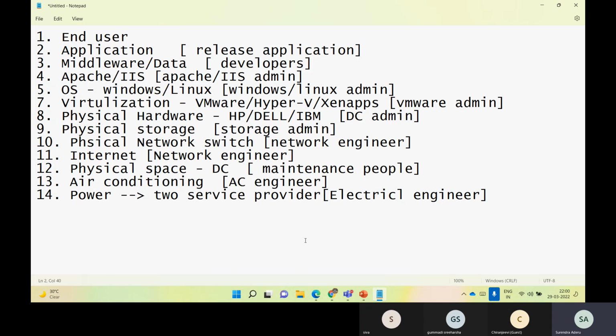This is the very basic things you need to purchase, and you need to start giving salaries from day one to your engineers. Okay, is it clear?